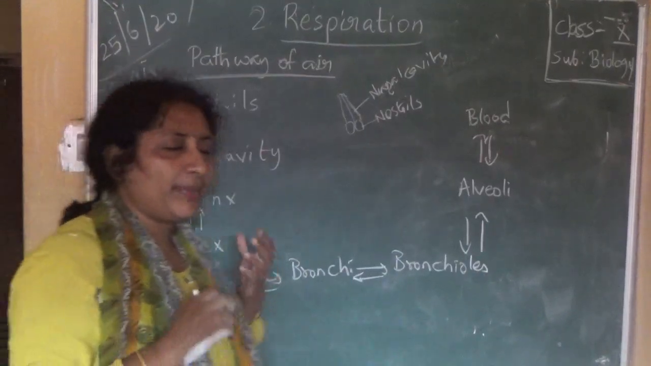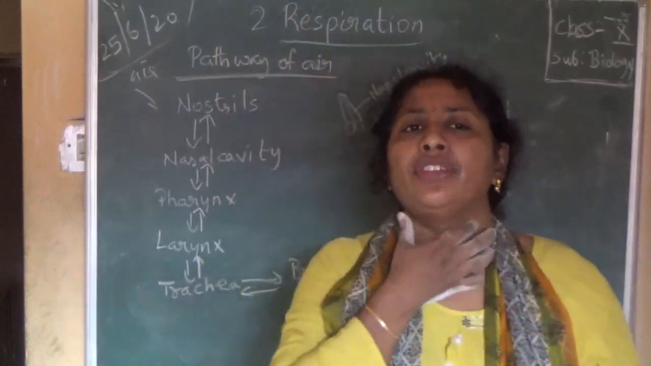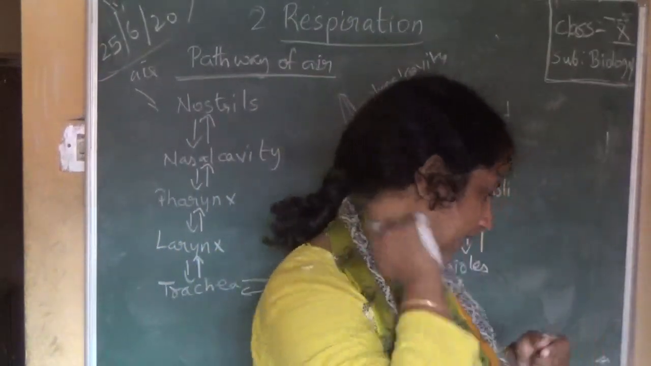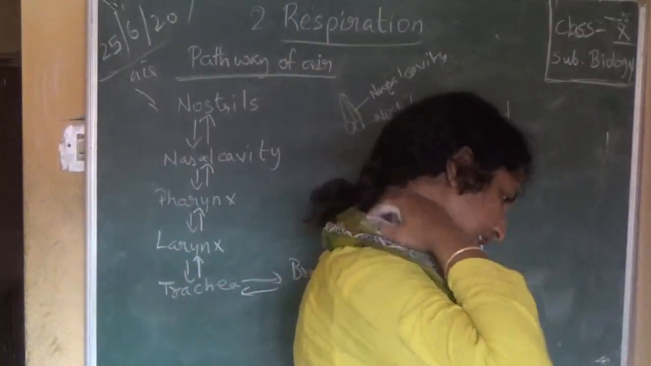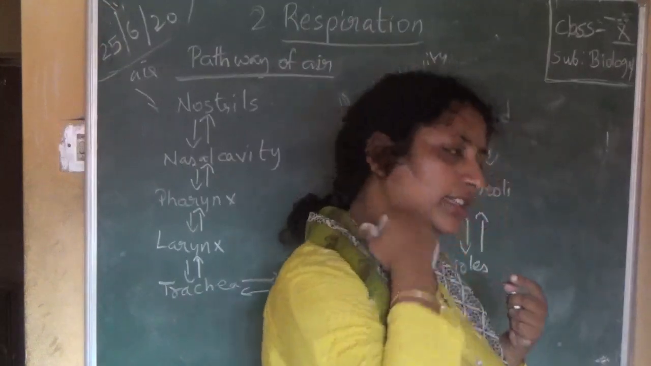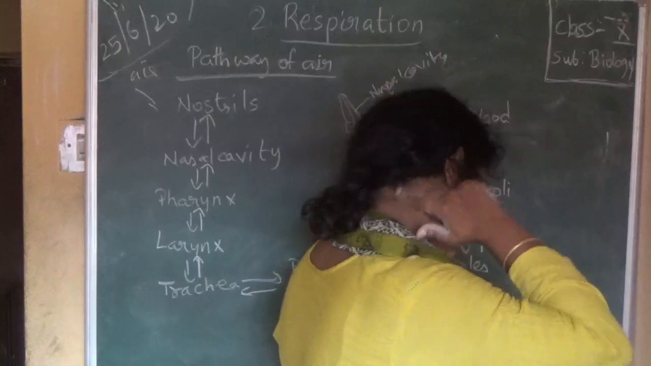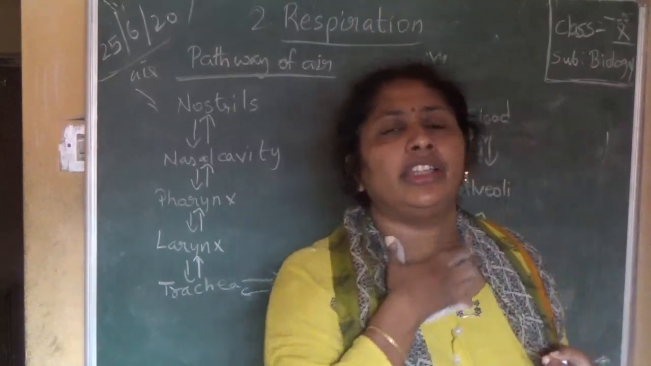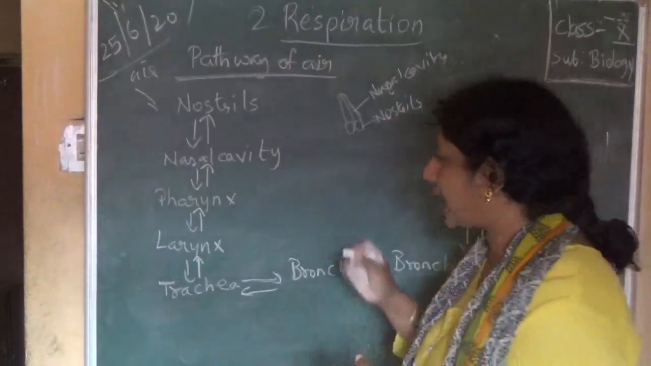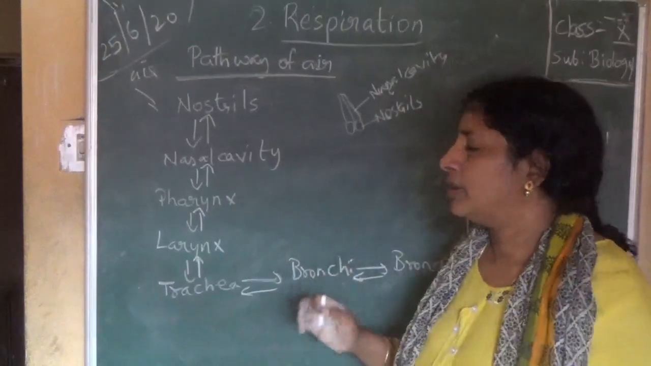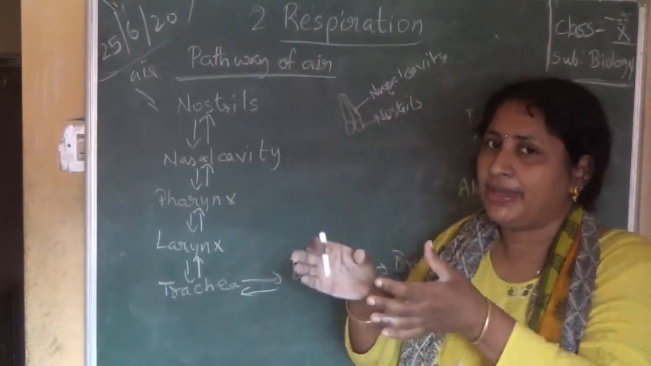Pharynx is a very important organ. If you see it in dorsal view, it is present somewhere here in the back side. I will draw the diagram. So the pharynx, if you see the respiratory tract, it is